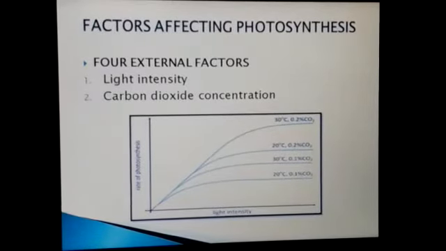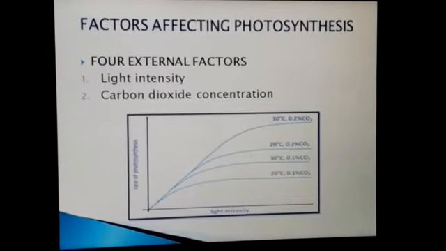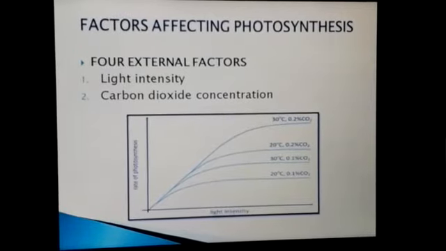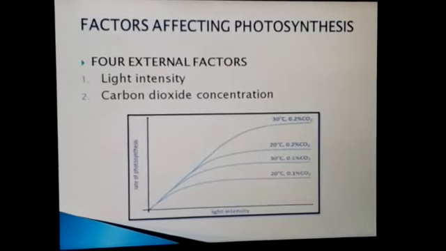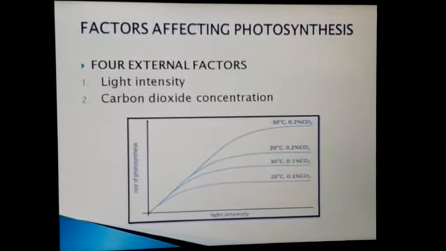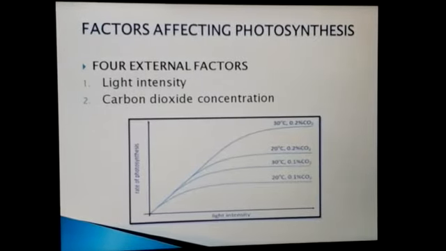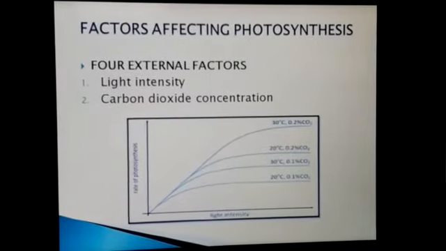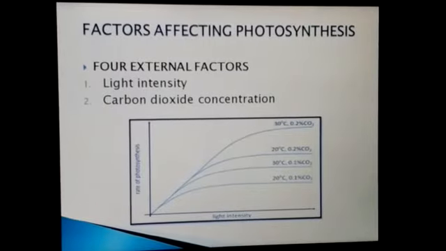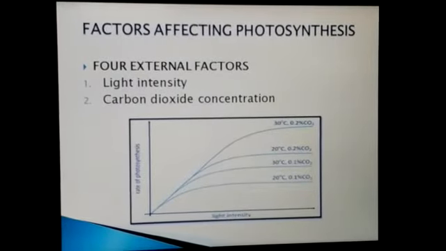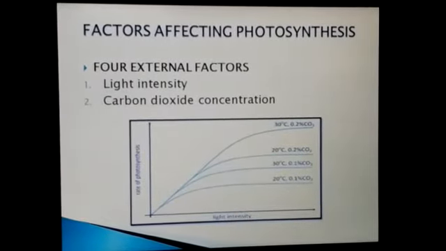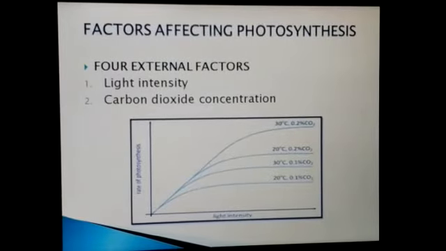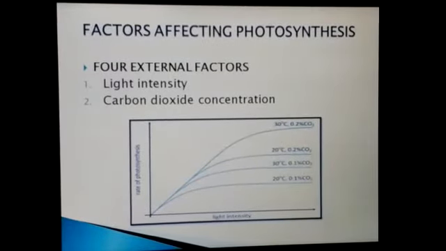With increase in light intensity, the rate of photosynthesis increases. But we know that very high light affects the cell and also the enzymes. So therefore, to a certain limit, light intensity increases, increasing the rate of photosynthesis. Same goes with carbon dioxide concentration. Normal concentration of carbon dioxide in the atmosphere is